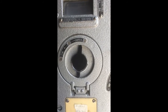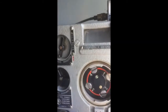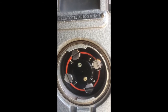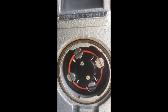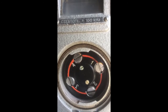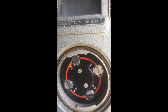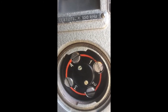The cover in the middle of the set is the cover for the mechanical tuning control. So if we open that, you'll see that there are 4 screws. When the screws are aligned with the circle, so going round it rather than across it, the memory is set. If you turn them a quarter turn to be across the circle, then the settings of the tuning controls are captured. You can adjust the antenna tuner and the frequency tuning, get the radio to work on the frequency of your choice, and then turn